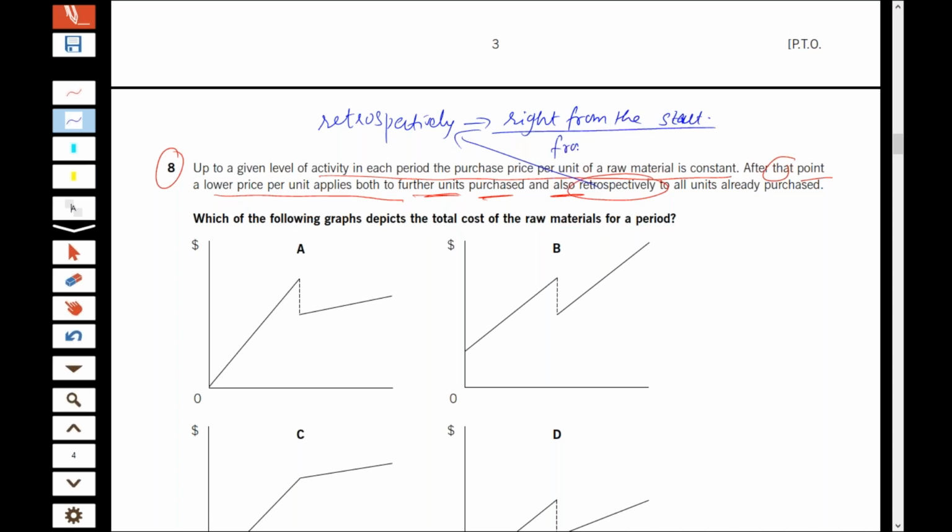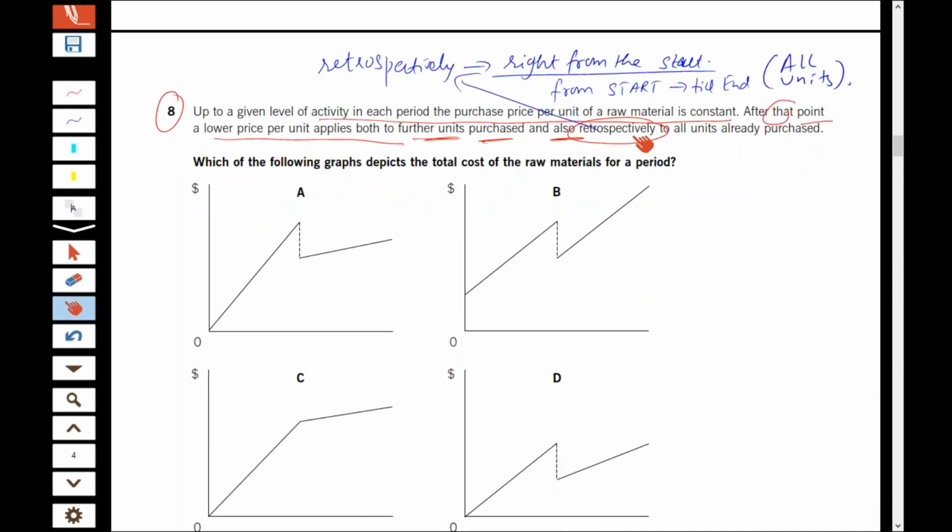That means from start till end, all units. And now here the discount will be given retrospectively. That means, for example, if the discount will be applied after 40 units, that means that discount will be applied retrospectively. What does it mean retrospectively? It will be applied, for example,